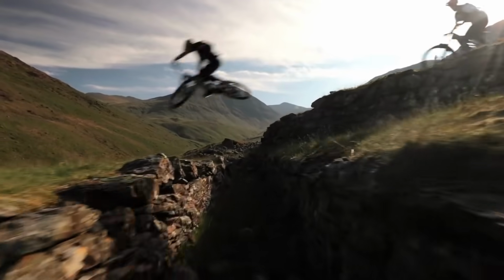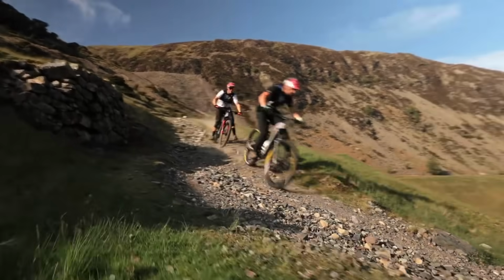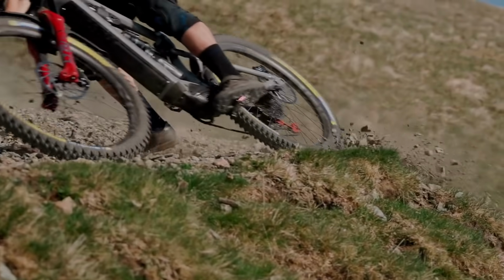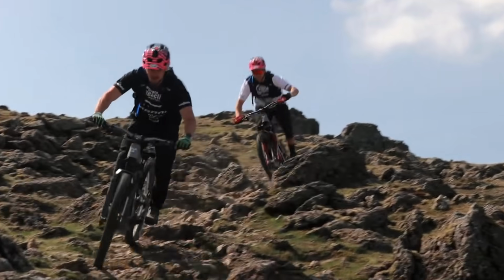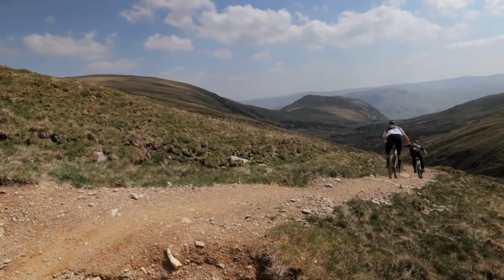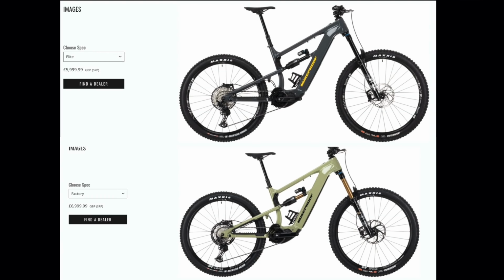Very similar bike to the Santa Cruz Bullit, but maybe the Megawatt's a little bit better. Geo numbers for me, with a 442 chainstay over the 449 in the Bullit. And yes, the Megawatt is a couple of kilos heavier, but it didn't seem to slow Sam Hill down at the weekend, taking 7 out of the 14 stages, his first EWS race. Megawatt is available in 5 sizes and 3 models, starting from a very respectable €5,800 up to the top spec